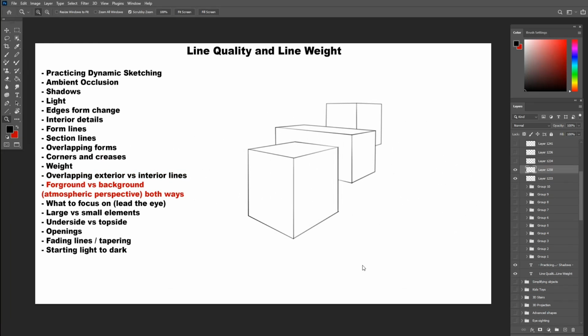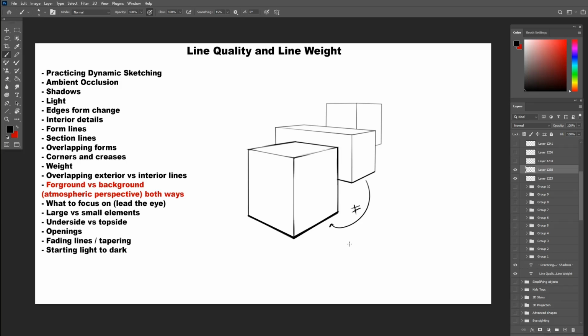Foreground versus background is something we already covered, but now let's focus on it a bit more. When objects go back into perspective, we will have something called atmospheric perspective. It means that things going back into the horizon will have less details, less colors, less saturation, less values, and less contrast. We can't show any of that with lines, except for the thinner versus thicker lines, or line weight. So we have these boxes moving toward the background from the foreground. So let's add the lines like we did in the previous examples, like ambient occlusions, shadow edges, and overlapping objects, and the rest of the factors to all of these boxes.